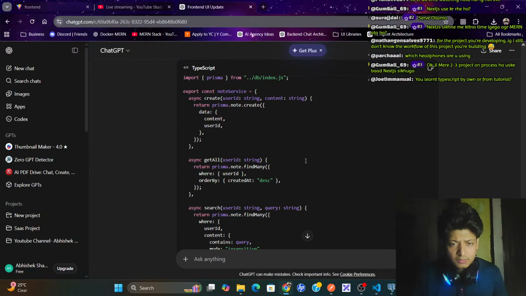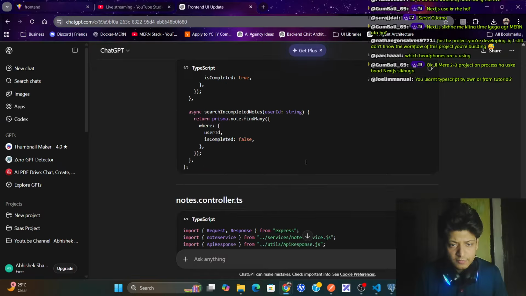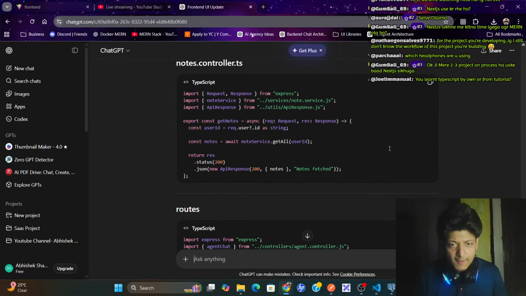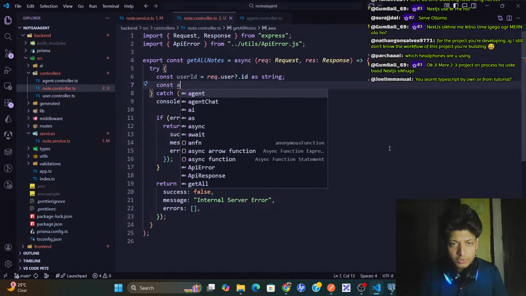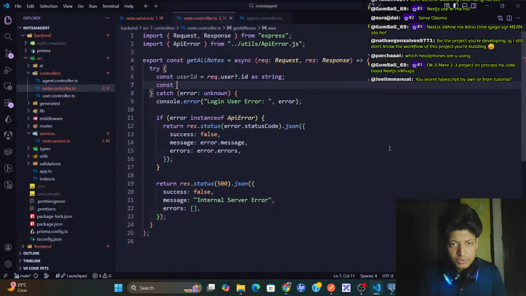Now const node service, okay, this is also done. Const notes equals await node service dot get all, and pass the user ID. We got this.